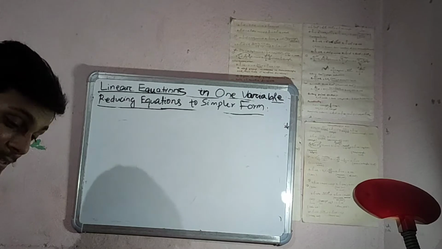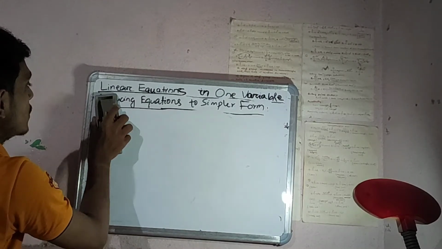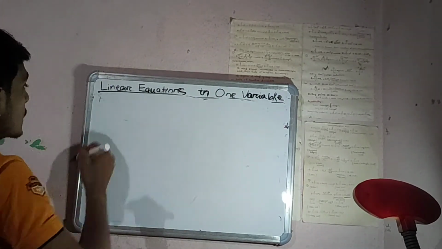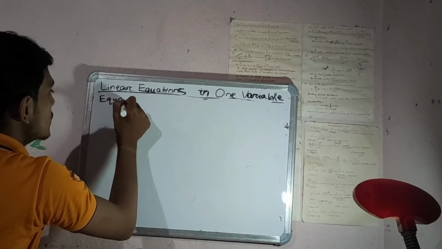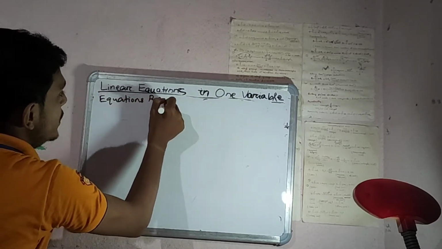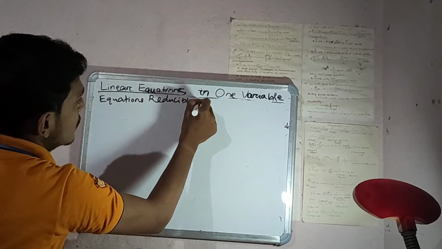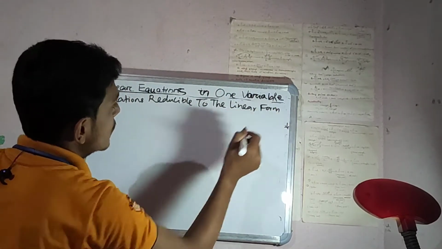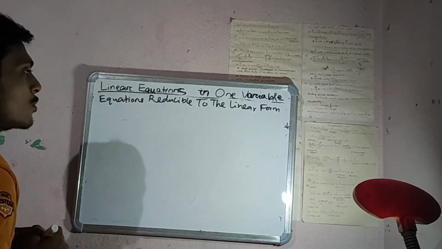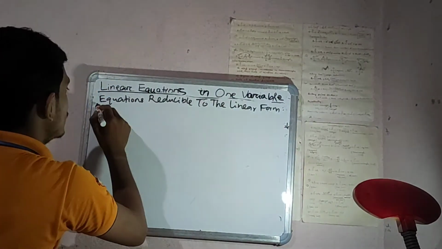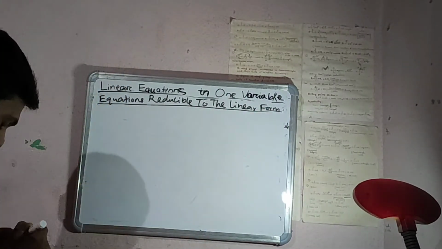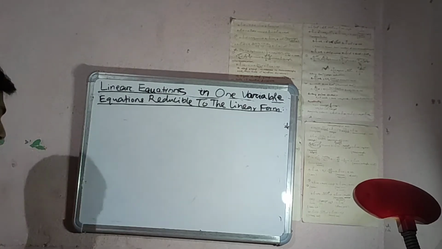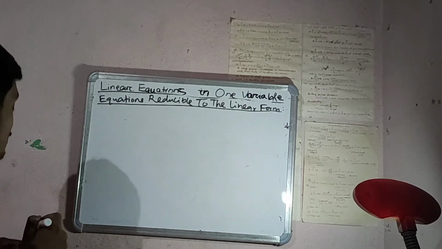Then another article is equations reducible to the linear form. Equations reducible to the linear form. Okay. So it is in the form of, see,